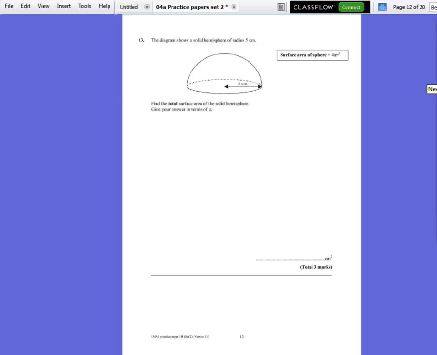Question 13. The diagram shows a solid hemisphere of radius 5. Find the total surface area of the hemisphere, leave it in terms of pi. Well, up here, we've got the surface area of a sphere. Now ours is only a hemisphere, so we're going to do a half of that. So a half times